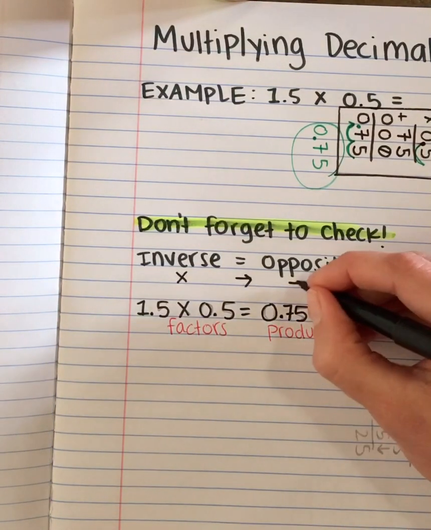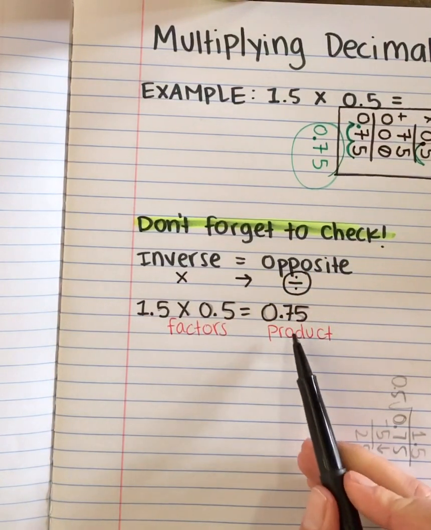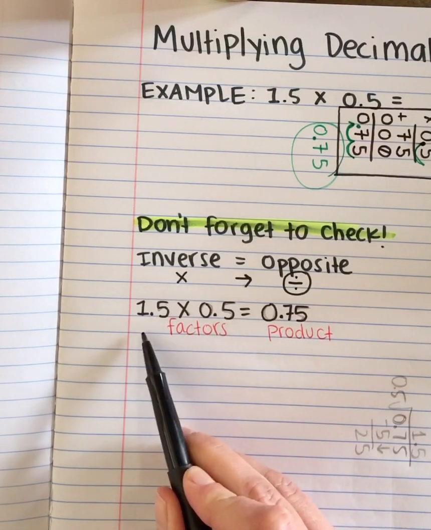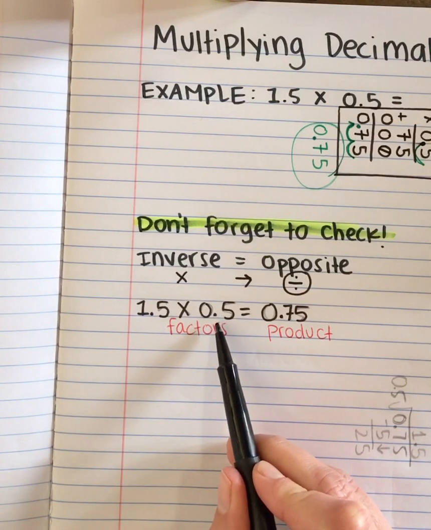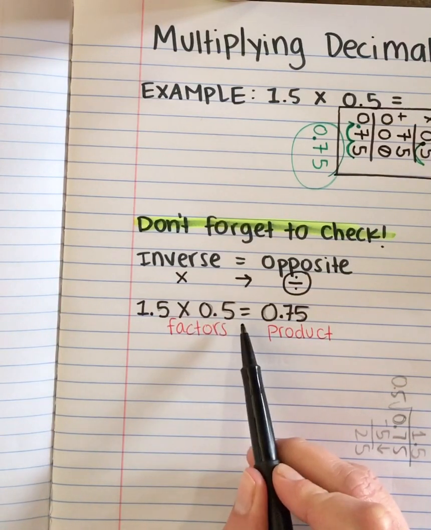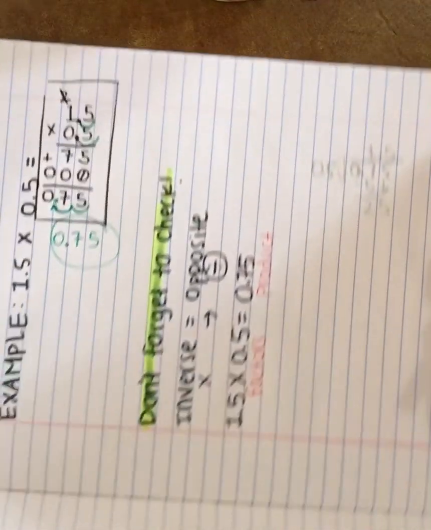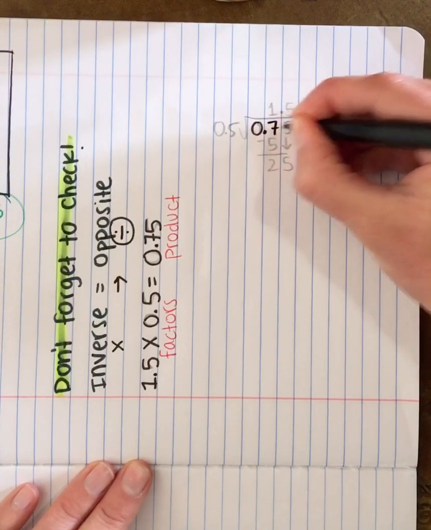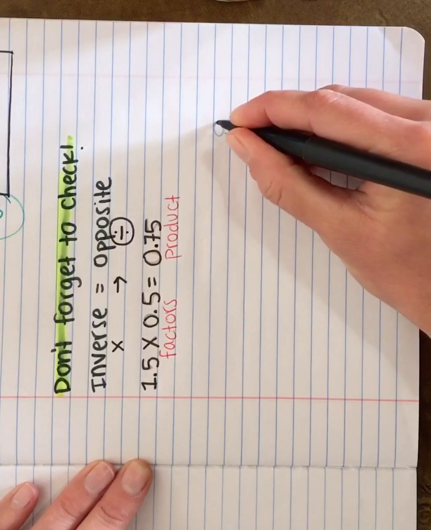We can check with division. So we should be able to divide 75 hundredths by either of these two factors and get the other factor. I'm going to choose to divide by 5/10 because I can make that into a single digit division problem, and that will be easier. Here we go. We'll set it up. 75 hundredths divided by